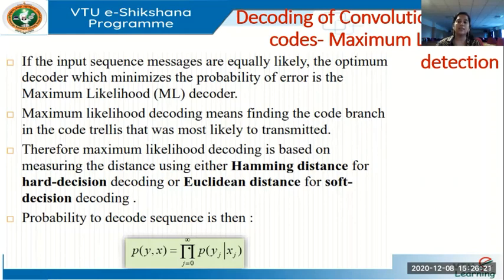In the sense, the probability of getting a given bit yj when a given bit xj was transmitted. And if I have multiple such bits along the multiple branches along the path, all of that should be multiplied. This is how we are going. Y is the received sequence, X is the transmitted sequence.